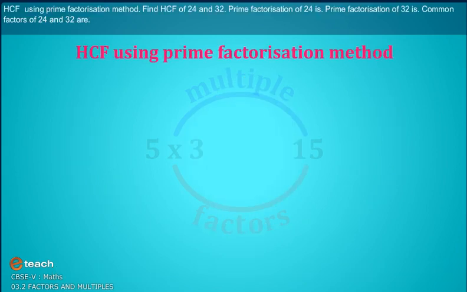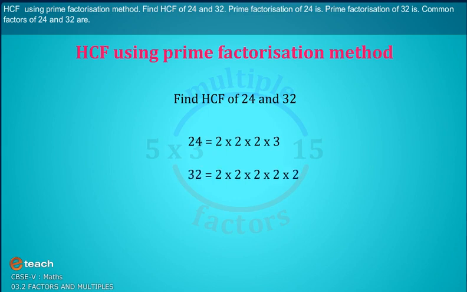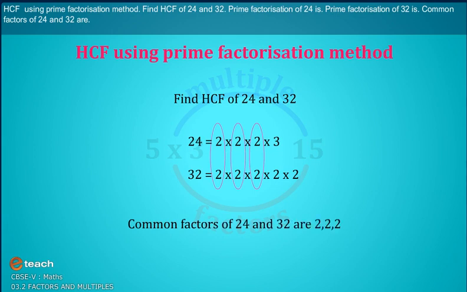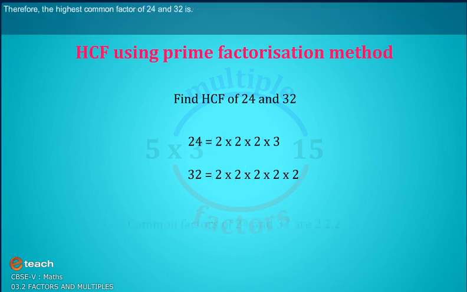HCF using prime factorization method. Find the HCF of 24 and 32. Prime factorization of 24 is: prime factorization of 32 is: Common factors of 24 and 32 are: Therefore, the highest common factor of 24 and 32 is: